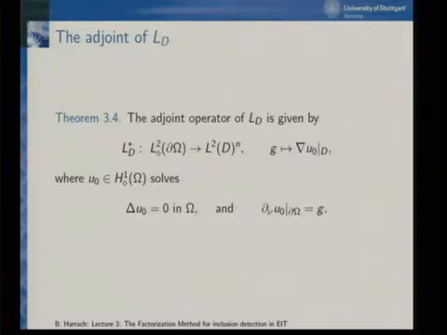Now, another nice thing about this virtual measurement operator is its adjoint. It's a really useful thing. So, if you're familiar with these things, then you can calculate the adjoint in your head. So going from a source term of an elliptic PDE to the Dirichlet boundary value, the adjoint of this is going from the Neumann boundary value to the evaluation of the solution. And this is really true. The adjoint operator of this guy here